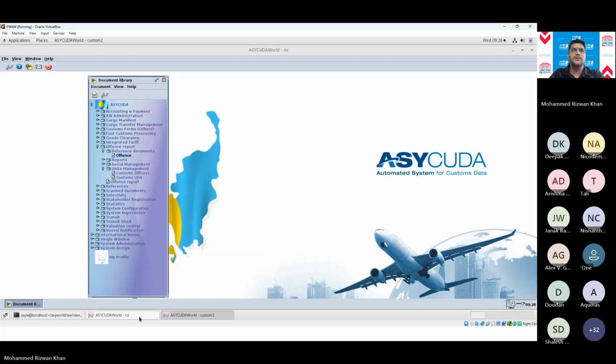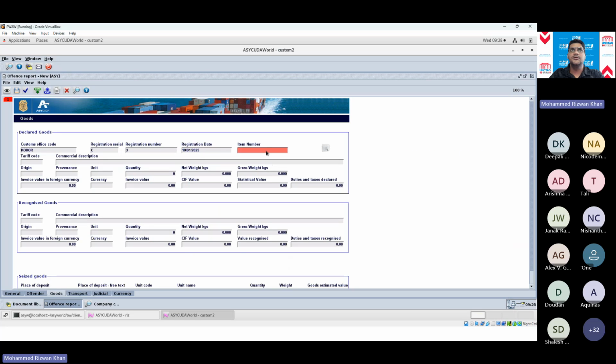Okay. So if there's more than one item, you can link which item was the, so we say misclassification. So which item was misclassified? So you put the item number. So item 1. Okay. So if the declaration is there, you see the details are automatically populated. So this is what was declared on top.